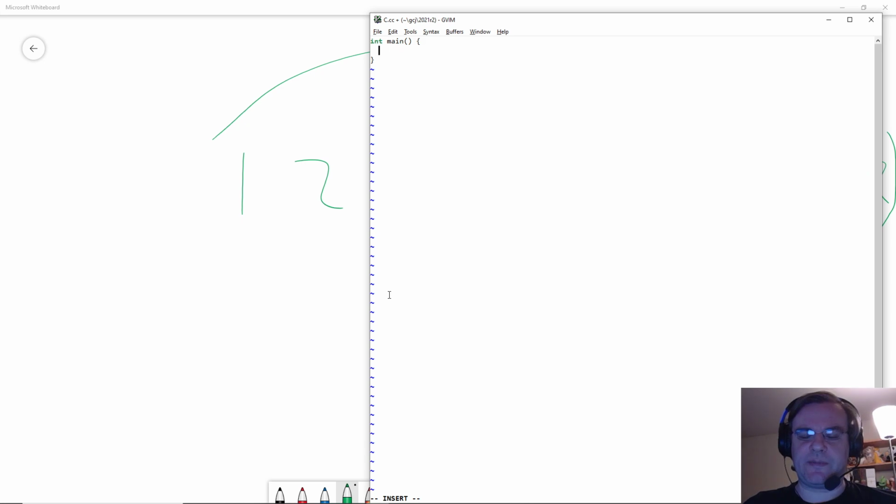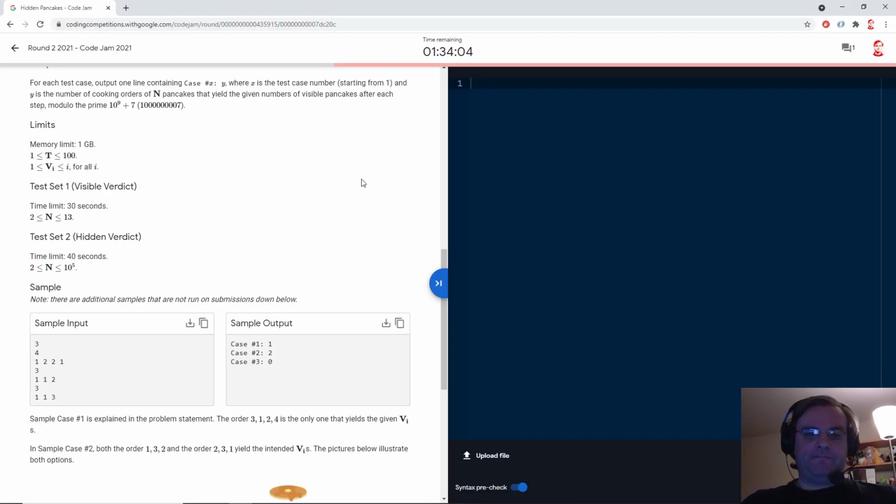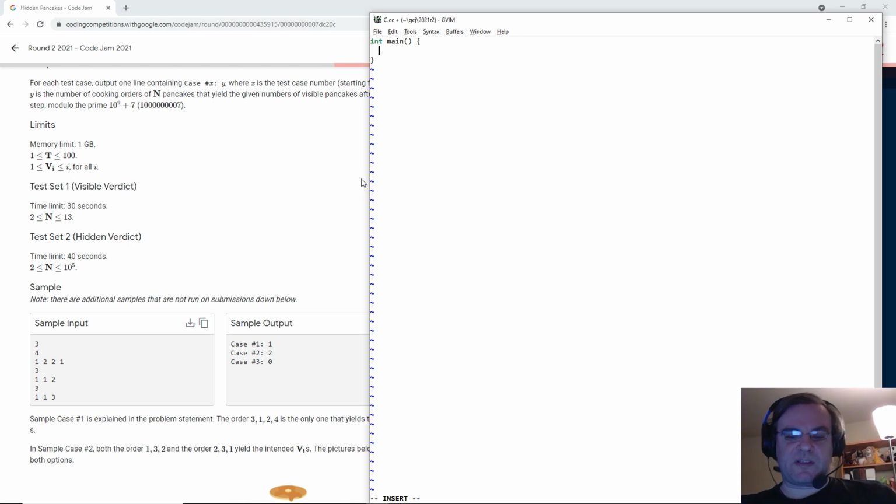I do not actually need a segment tree for this. I probably should use a segment tree just because it's good practice, but